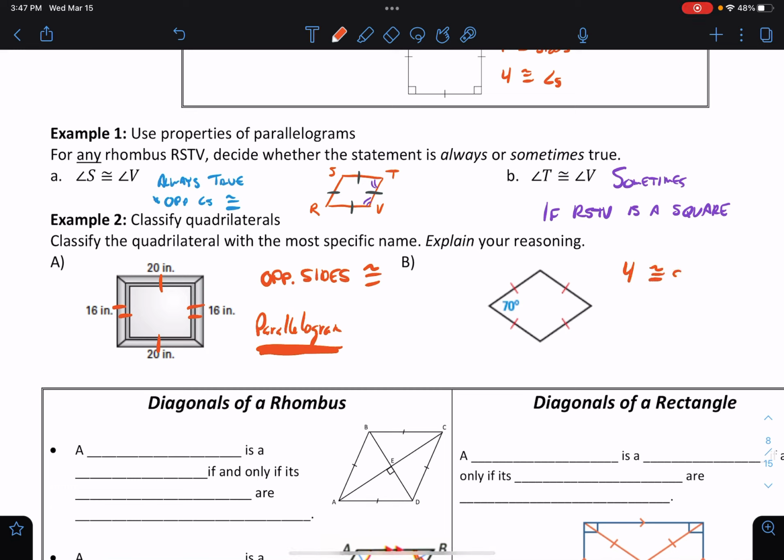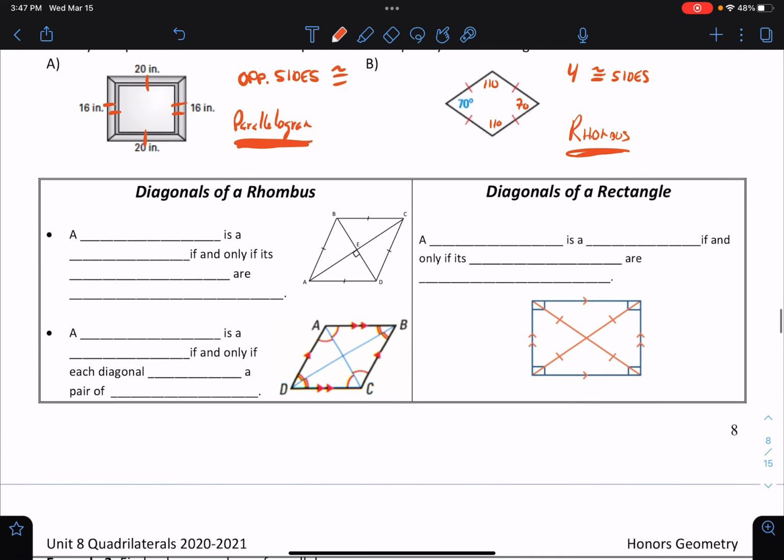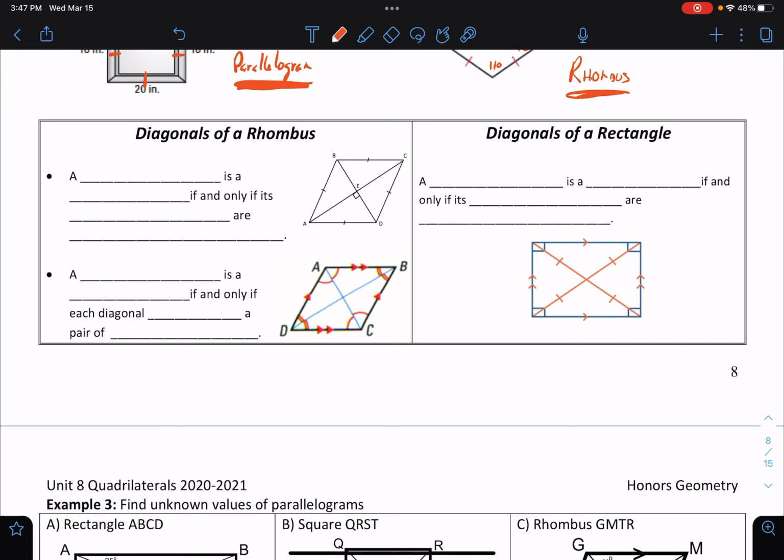So I told you earlier that there were going to be more properties with the rectangle and the rhombus. Let's get into what those are. So the diagonals of a rhombus. Excuse me. A parallelogram is a rhombus if and only if its diagonals are perpendicular. So notice right here, those diagonals are perpendicular to each other. So what we can create here